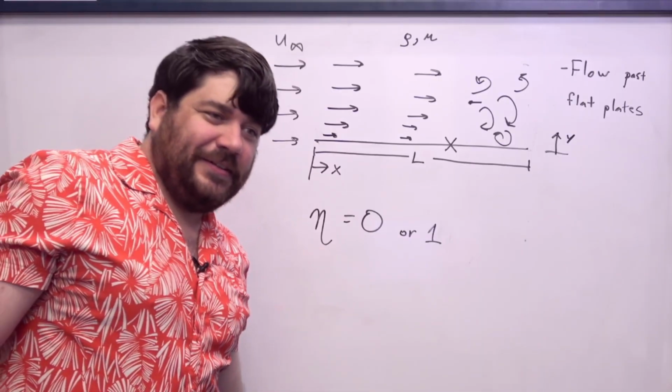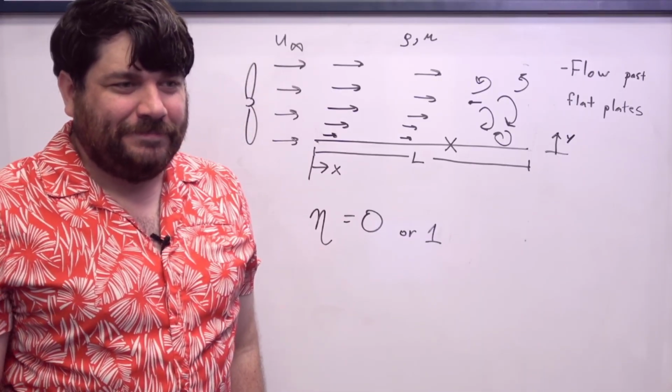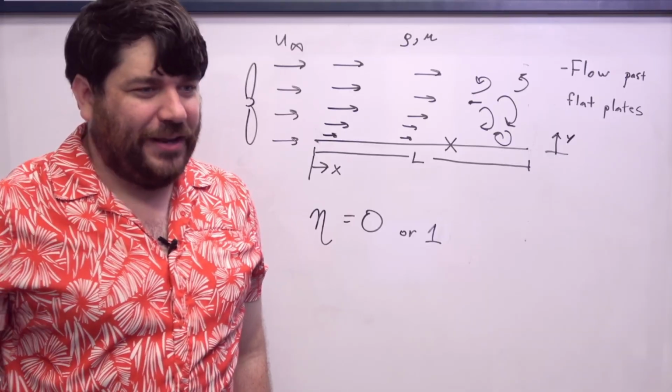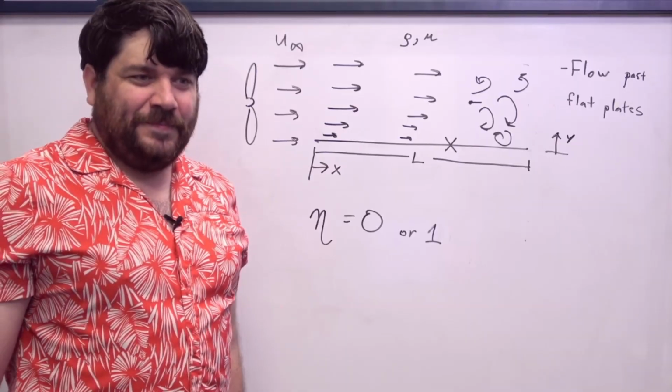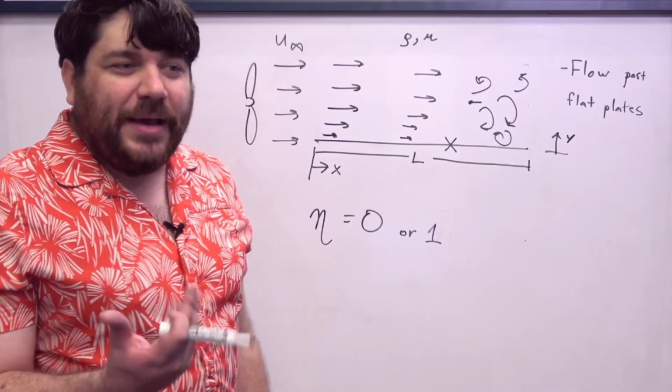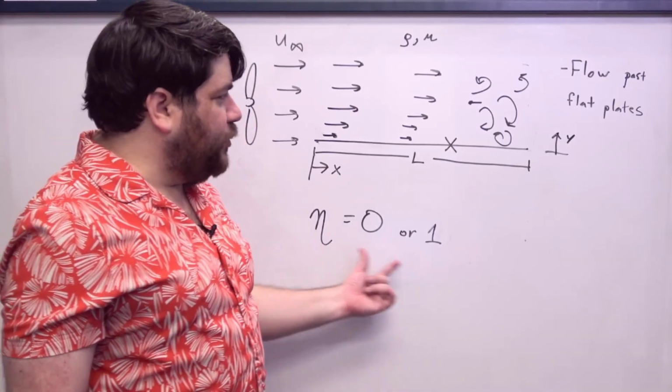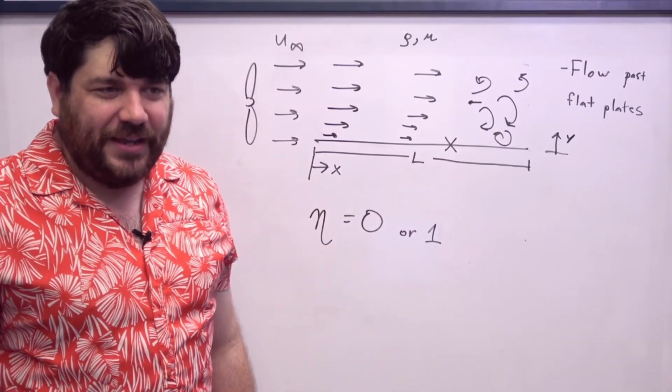This is just a number. This is just a 0 or a 1, right? It's a yes or a no. There's no dimensions attached to this thing. And so if I want to create a mathematical equation that tells me whether or not I observe turbulence at a given location on the plate,